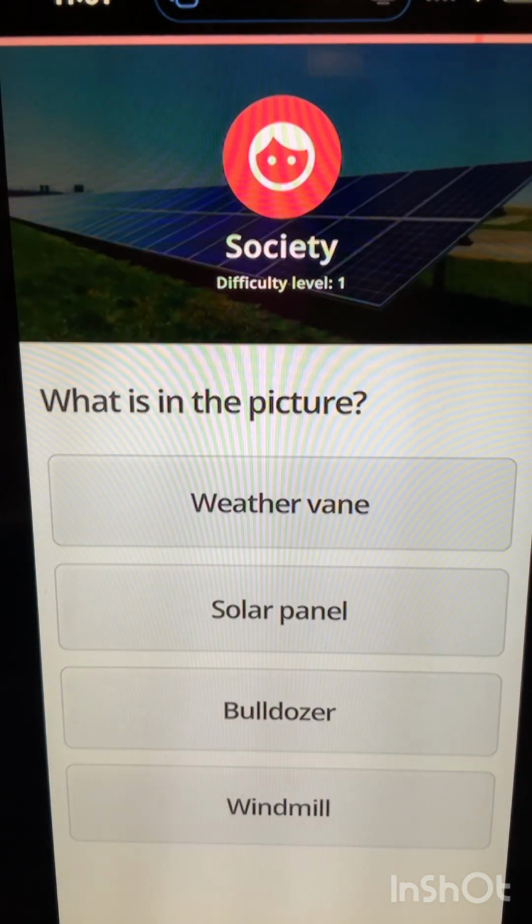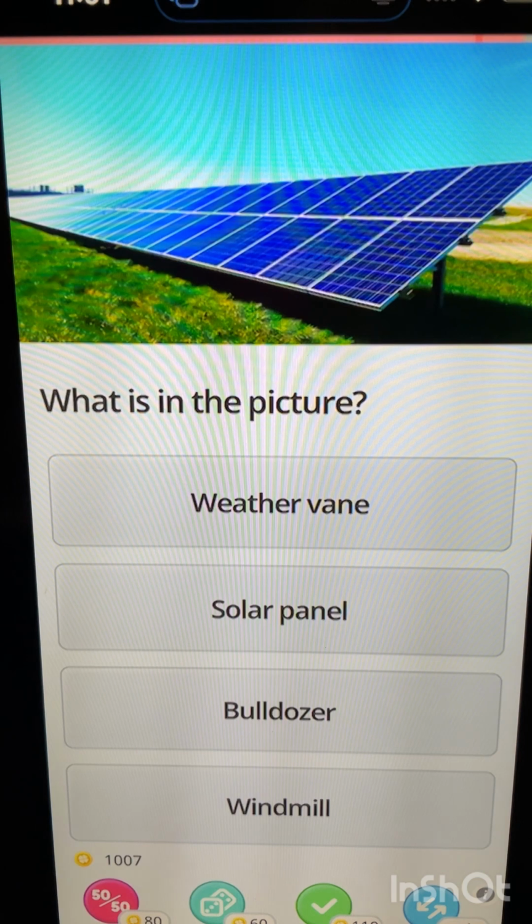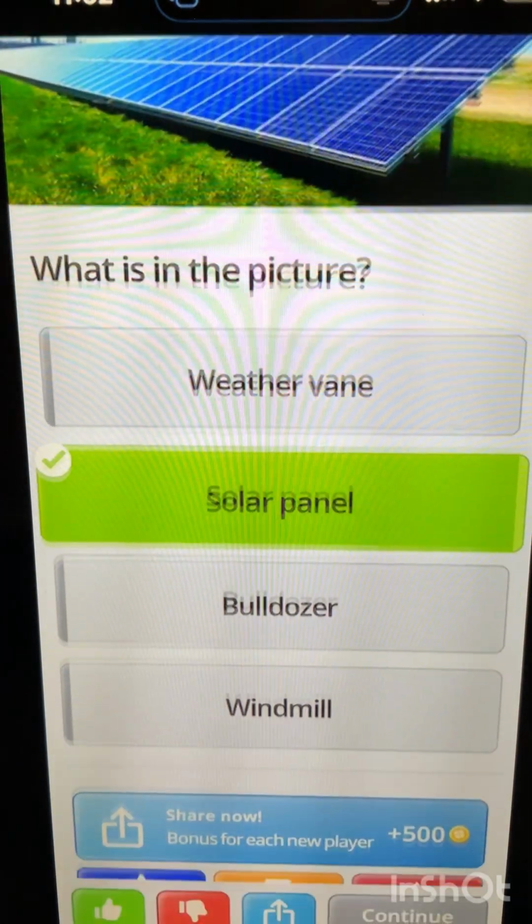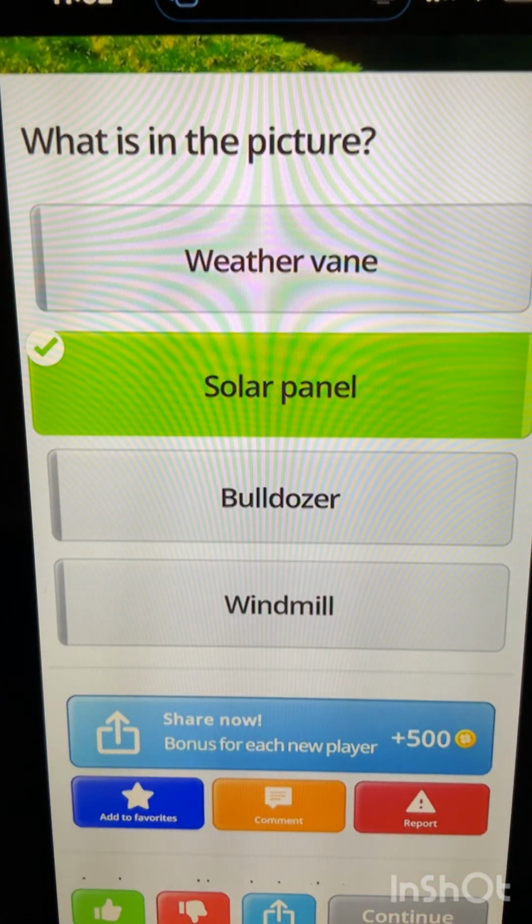is going to be society. What is in the picture? A. Weather vane. B. Solar power panel. C. Bulldozer. D. Windmill. So the answer is solar panel. Next question would be,